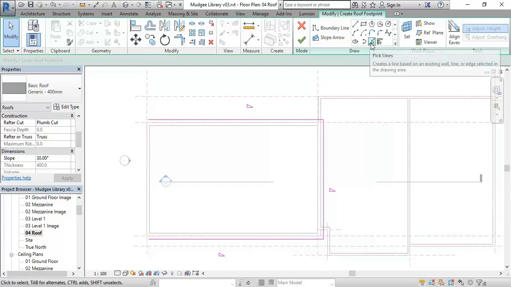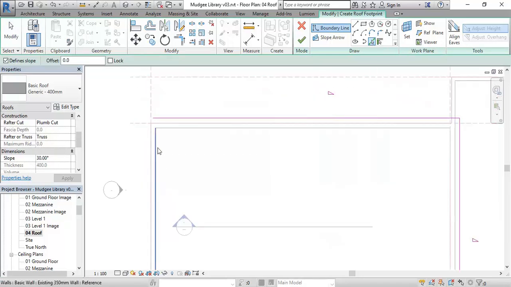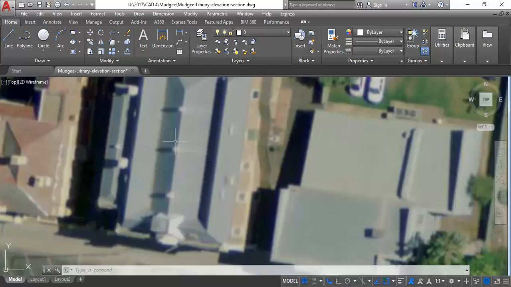So again, I'll go with pick lines and pick the edge behind the parapet, behind this wall. So that's going to give us a simple setup. And then, again, we've got the edges here and here,